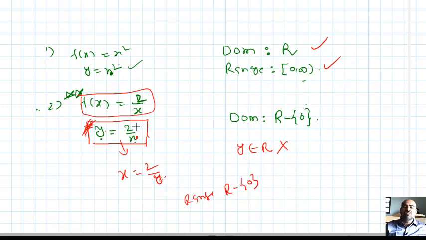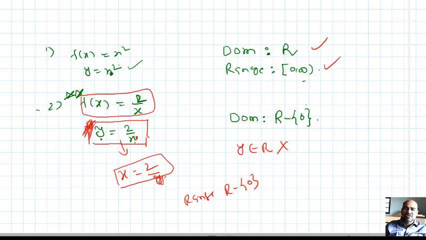Observe, students, how to find the range. Actually the function is f of x equal to 2 by x. Let f of x equal y, so y equal to 2 by x. By using this relation you can find the domain directly. To find the range, try to make x the subject. By using the concept of domain you can find the range. So it is the reverse process: for what real y is x a real number.